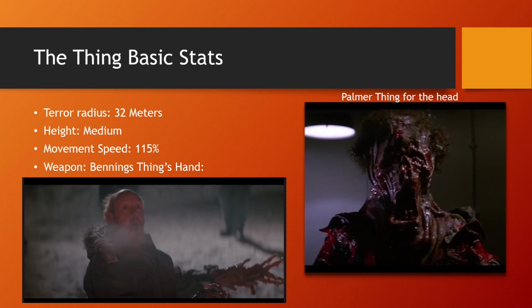I've got a couple of pictures up of what I think the Thing could look like in Dead by Daylight. It would probably have the Palmer thing for the head, and Benning's Thing's hand for its weapon. That would be what you see as the killer. I'm not sure what its body would be. That's not a big deal, because it's the Thing. It can look like whatever it wants, so Behavior can go nuts. But by keeping these 2 aspects, it is a homage to the movies, or the movie, rather. We're not talking about the other movies. And you can keep it fairly humanoid, which I know Behavior likes to do.